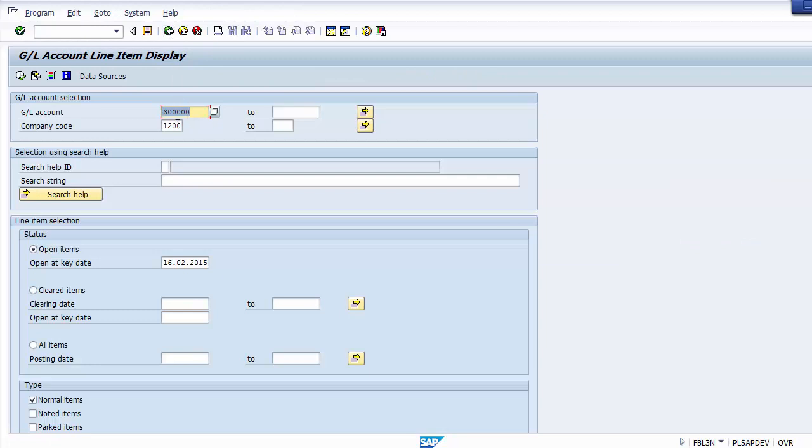Now suppose I am taking up another GL for a different company code, so as to show you a bigger picture for understanding perspective. So now we are going for a different company code, that is 1000, for GL account number 100000, that is a 1 followed by 5 zeros. This GL account is for land, and in this we'll be looking at how huge or detailed descriptions can be taken up for the land account, for the land ledger account. So now executing this,